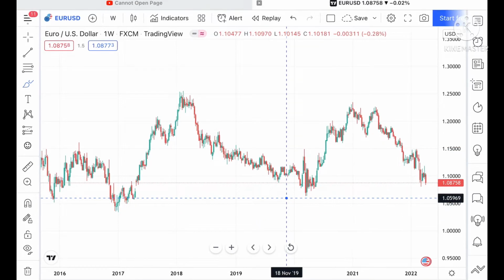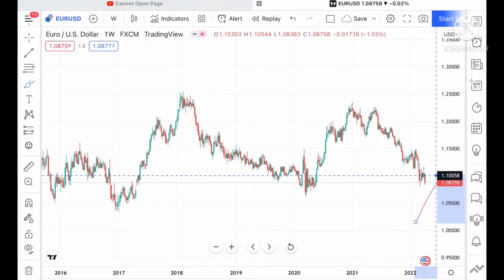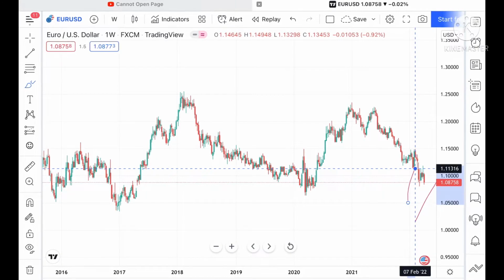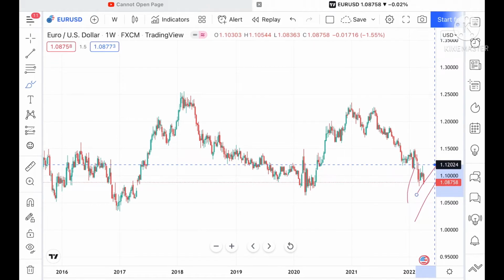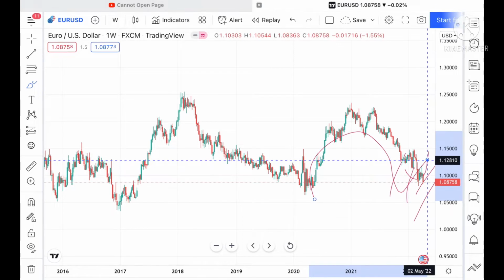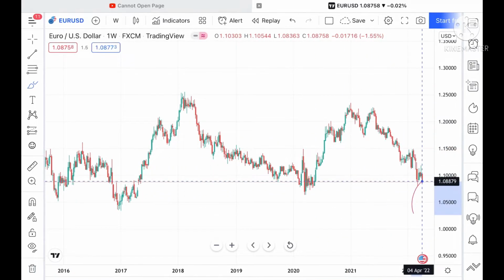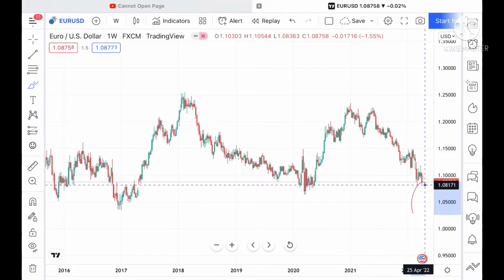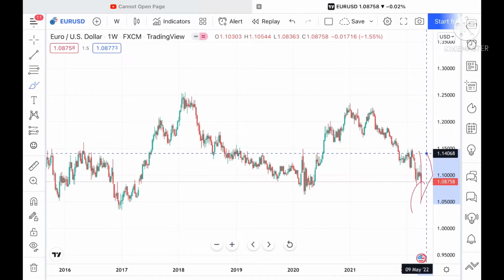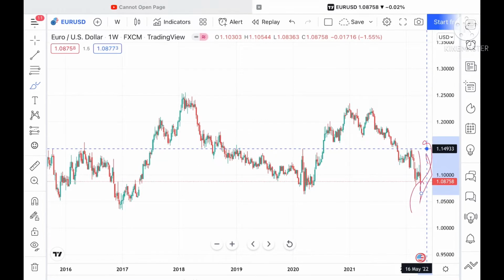But suppose if the price sustains this particular level, then we can see it can touch a level of 1.10058 and from there we can see it can move further upside towards a level of 1.11316. Suppose if the price sustains this level, then we can see a level of 1.12027 and from there we can see a change of trend will happen because an opposite U pattern is forming. So suppose if the price goes below a level of 1.081, then only we can see the trend will change towards downside, or if it goes above a level of 1.14 or 1.12, we can see the trend will change and move toward upside.